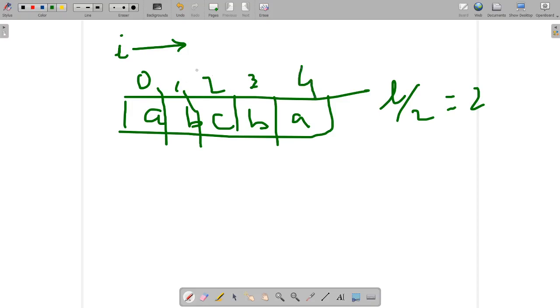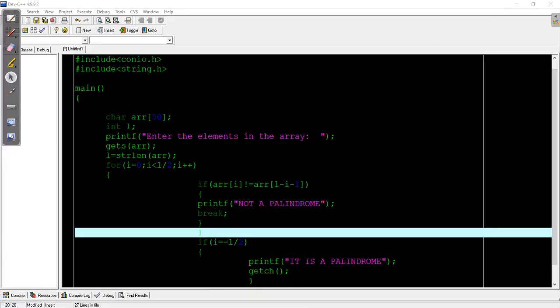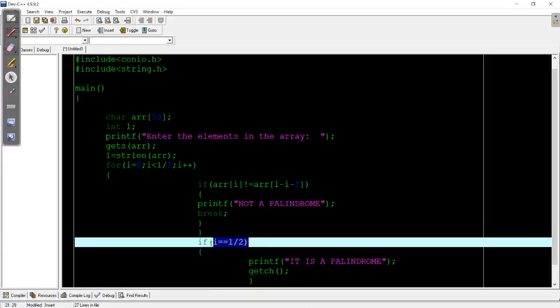So I will reach up to this only when all the characters are the same, that is, all the characters are in palindrome. Only when all the opposite characters are the same will it reach there. That's why when I equals L by 2, only then we print it is a palindrome.